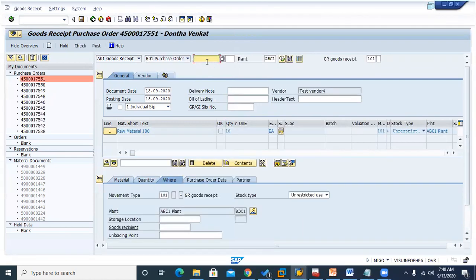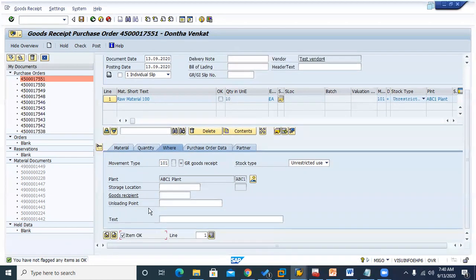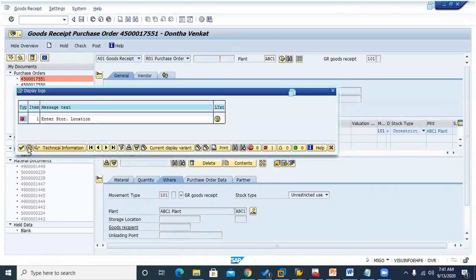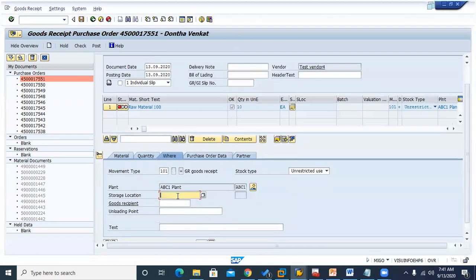So enter. Now the MIGO is opened, with the purchase order details. You can see here the movement type is there, and all the other details are fetched for us. Now if we have any issue, it shows that there is no problem, no issue with this, and we are not flagged, right? So I'm going to flag it and check again, and it shows, oh, I have to enter the storage location. You see, the goods receipt in the purchase order we have not given.